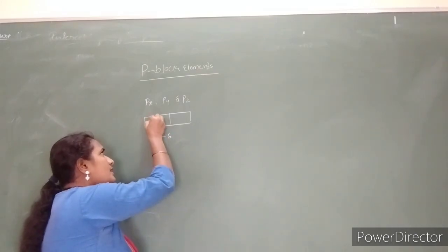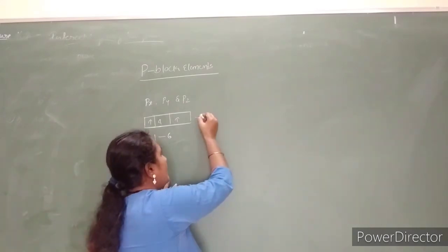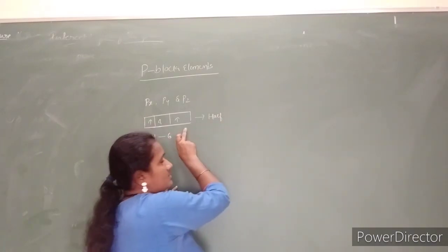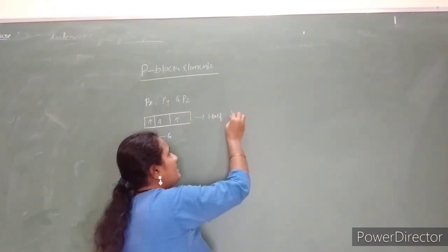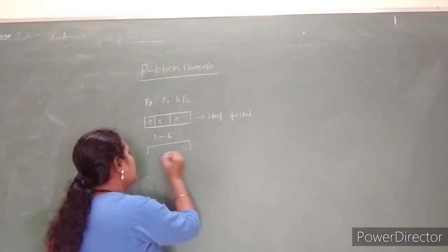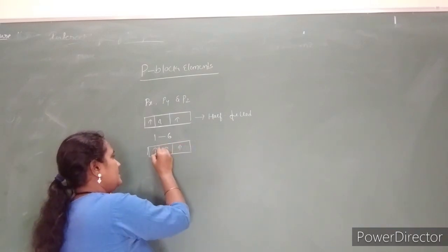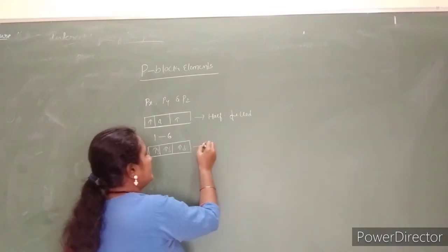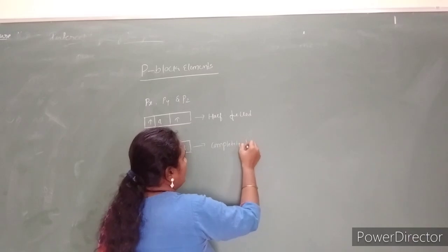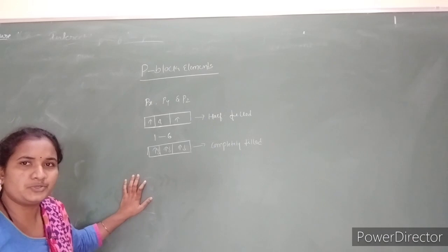If we fill 3 electrons, the p orbital becomes half filled and it is stable. When the p orbital has 3 electrons, it is said to be half filled. If the p orbital is completely filled, with 6 electrons, it is said to be completely filled and it is also stable. So the maximum number of electrons in a p orbital is 1 to 6.